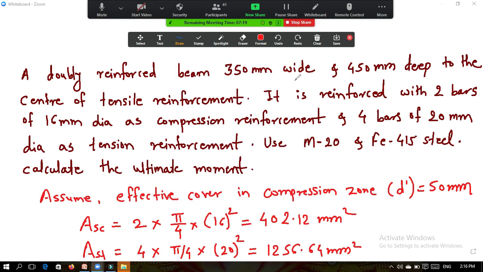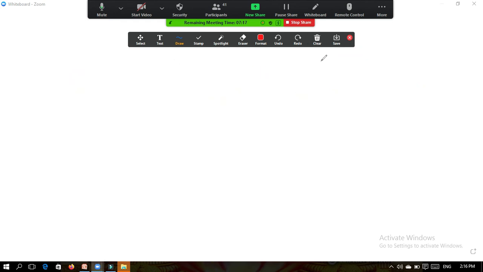Okay. So now we will move to the next step. Now we know the value of total AST. Okay. We know the value of ASC. So first of all, we need to calculate the value of FSC now. Okay. So to calculate FSC,